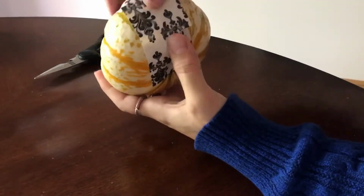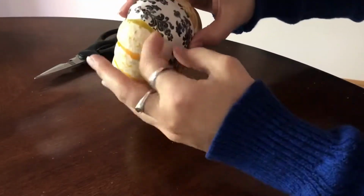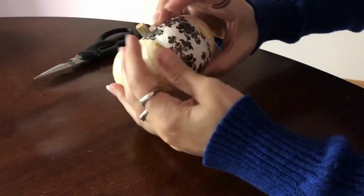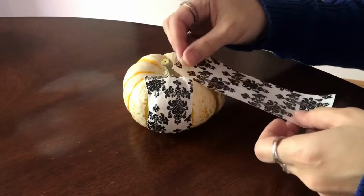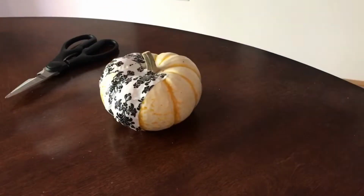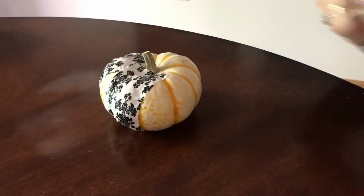I thought that looked a little bit better, but you can do it kind of however you want. There's no real rhyme or reason. I did leave a gap in between each of the strips of tape. Again, that's personal preference. You can definitely just loop the tape back on itself if you want your entire pumpkin